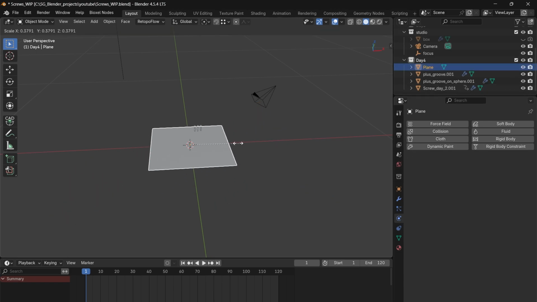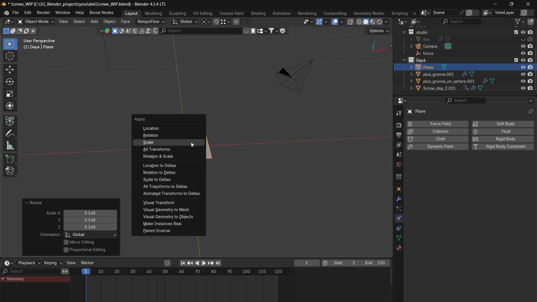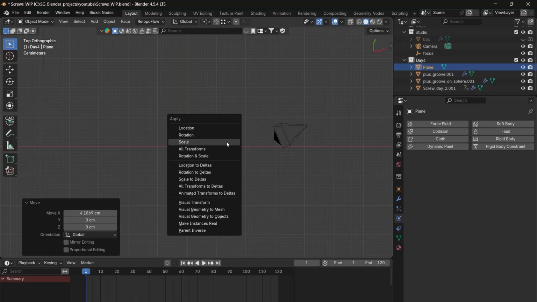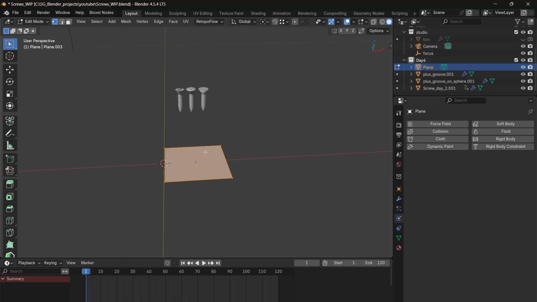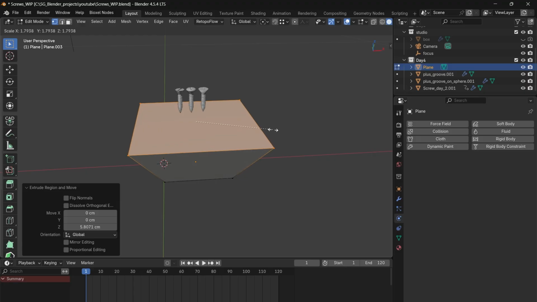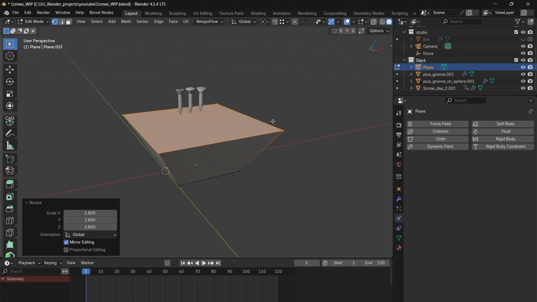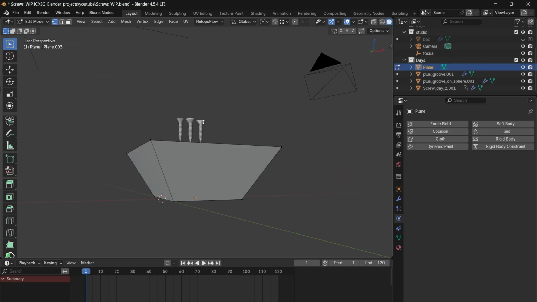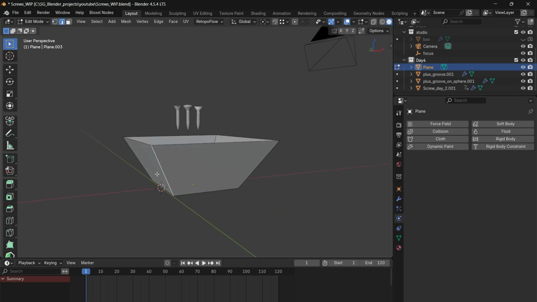So the plane is selected. Let me scale it. I think let's scale it a bit more. Okay, move it a bit here, apply the scale. Now I'll just extrude it along Z, and then scale it a bit more to create a container, a simple container. Let me remove the top faces and apply a small